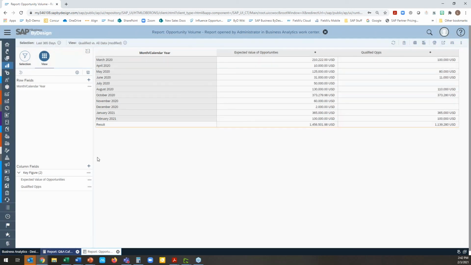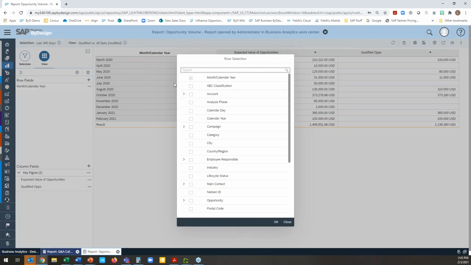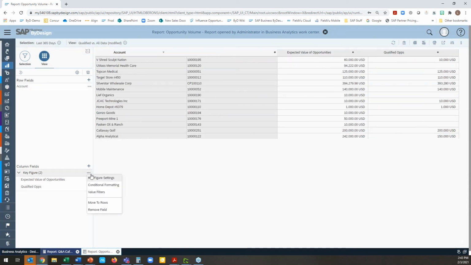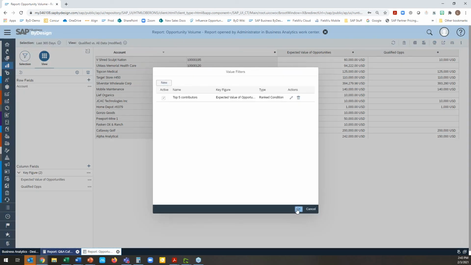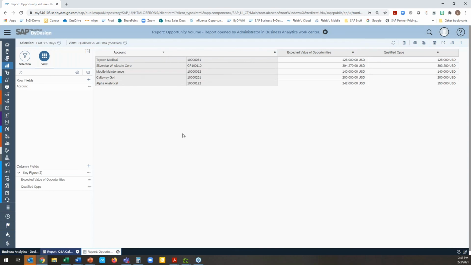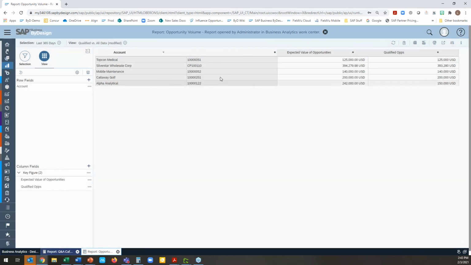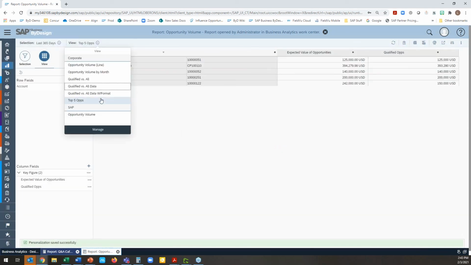But just to note also, this doesn't apply to all of your report views. It's only for the particular view that you're looking at right now, and the view and the save of that particular view. So let me change this here real quick, and we'll pull the account in because that's what we're drilling on. And then we'll see that this guy is active. So we want to make that active. And now you'll see here's just my top 5 of my accounts, and I can save that as like top 5 ops. Right. So that's a nice little filter there, and we can pop back into our